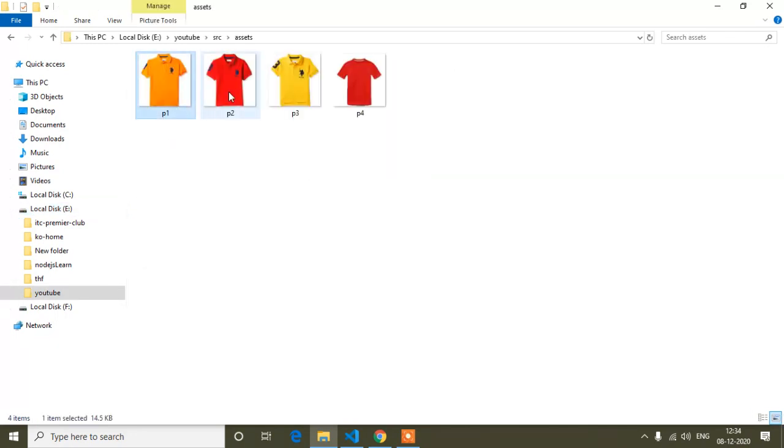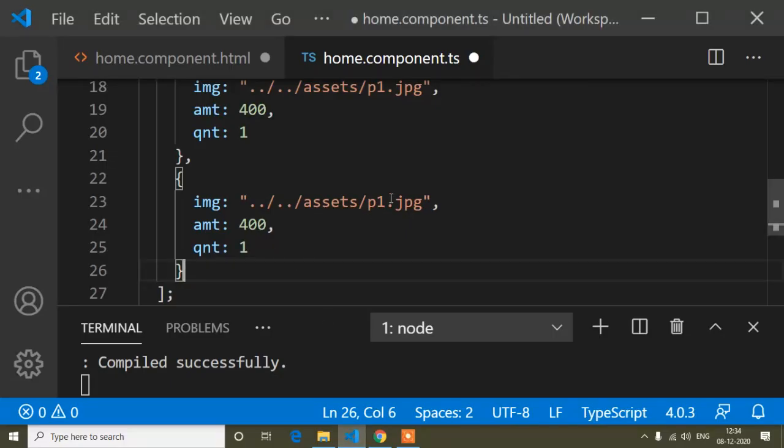Here you can see P1, P2, P3, P4. So instead of P1 we can write P2, and I told you quantity will be 1 by default, because we cannot purchase 0 quantity, minimum is 1. So quantity will be 1 for all products, and just here I will change the amount to 600.